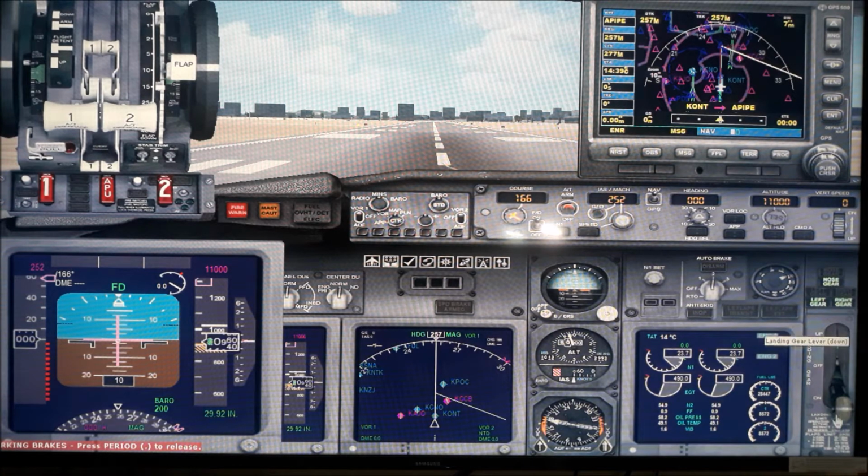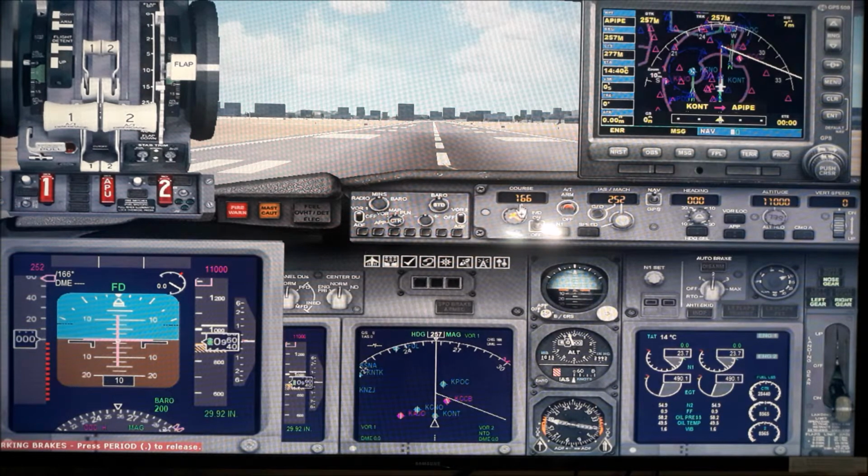Landing gear is down. These are the engine speeds, N1 and exhaust gas temperature. When we take off, when you give the full thrust, this is the vertical speed at which the plane will be climbing after takeoff. This is the altitude which is set, 11,000. So it will climb up to 11,000 and stabilize.